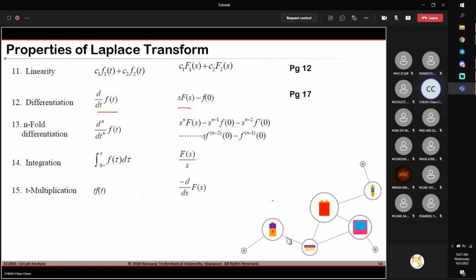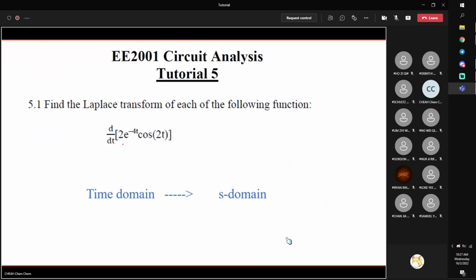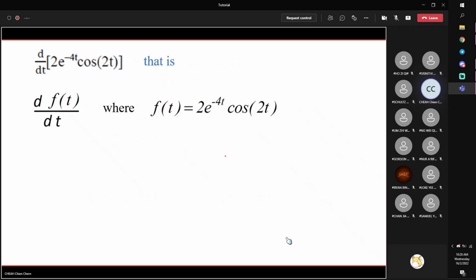Okay, with this we can now solve problem 1. Here you have a signal in time domain. You want to find the Laplace transformation of the differentiation of the signal. So you have two choices. First, you differentiate it in time domain, then take Laplace transformation, right? But if you know how to use this property,